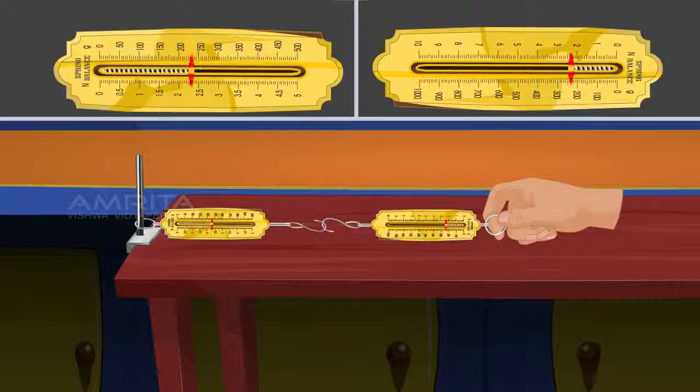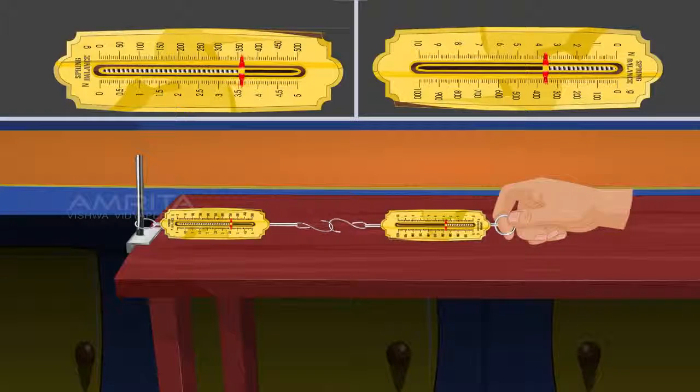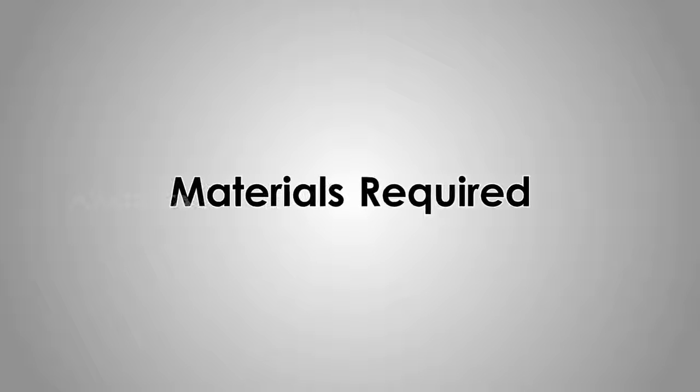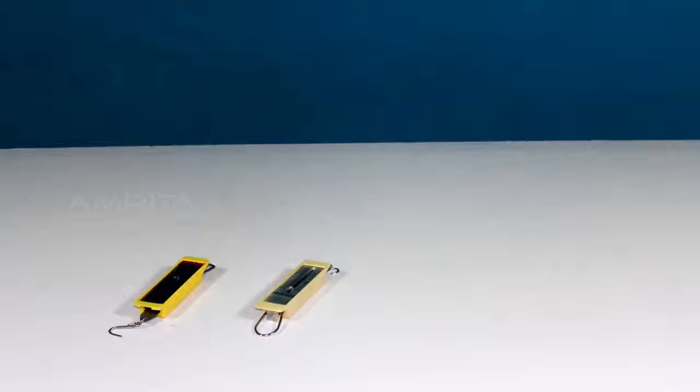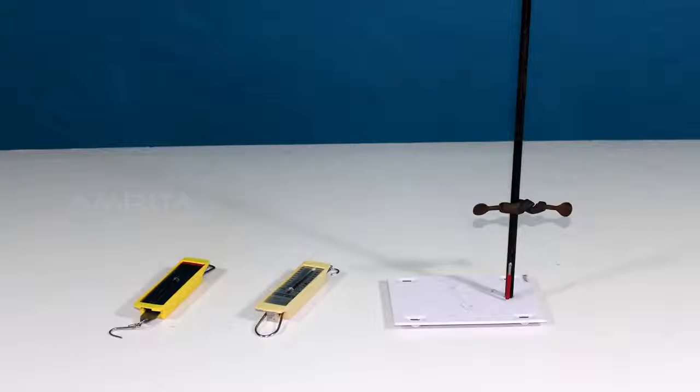Here is an experiment which proves Newton's third law of motion. Materials required: 2 spring balances of different least count, an iron stand fixed on a table. Procedure: